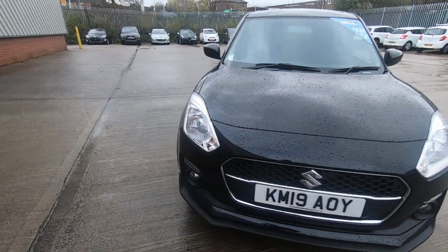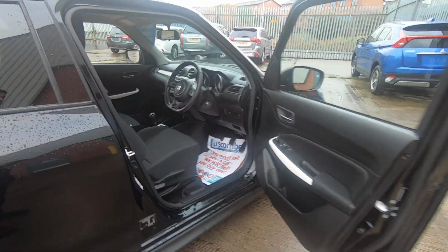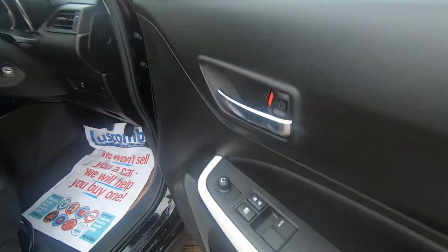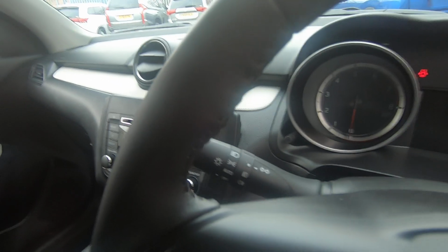I will now give you a quick insight to the interior of the vehicle. Starting with the front, we have the wide opening front doors allowing ease of access, electric door mirrors with electric windows, multifunction steering wheel with audio functions and Bluetooth control, automatic headlights